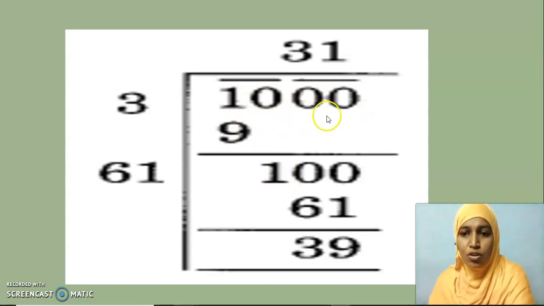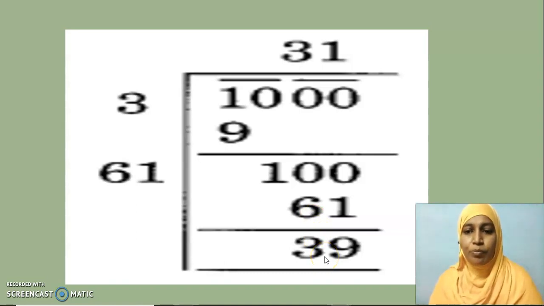Bring down these two zeros together and I will have 100. What should be placed here? Multiply this 3 with 2. Till then I will not have this 1. I will have only 3 here. 3 is the solution for this bar 10. So 3 2s are 6. Along with the 6, if I place 2, it will be a number. If I multiply again with 2, 62 into 2, it will be greater than 100. So I chose 1 to be here. So 1 1s are 1, 1 6s are 6. So I got 61 and the remainder is 39.